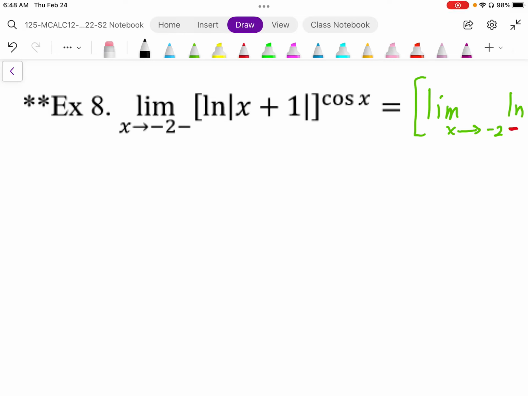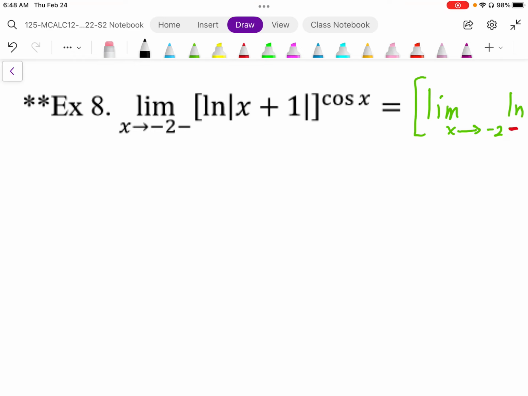Question number 8 is a particularly difficult limit. That's why they've got the 2 stars there, because it's a particularly difficult one. And it's probably more important to understand how we get to the limit than actually being able to do the limit yourself. So we have the limit as x goes to -2 from the negative side,